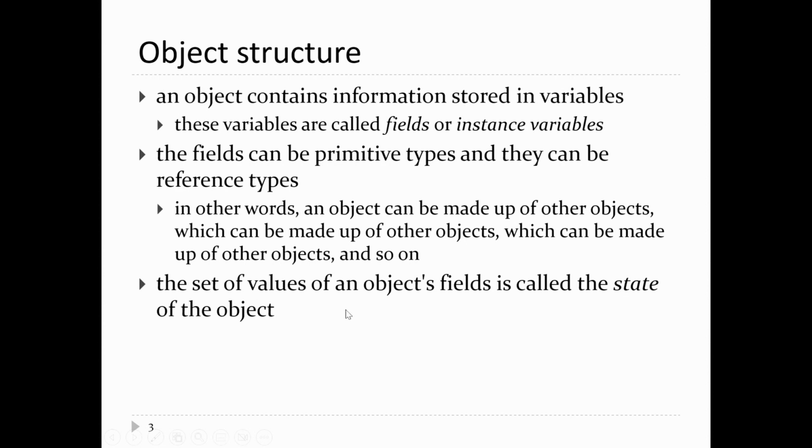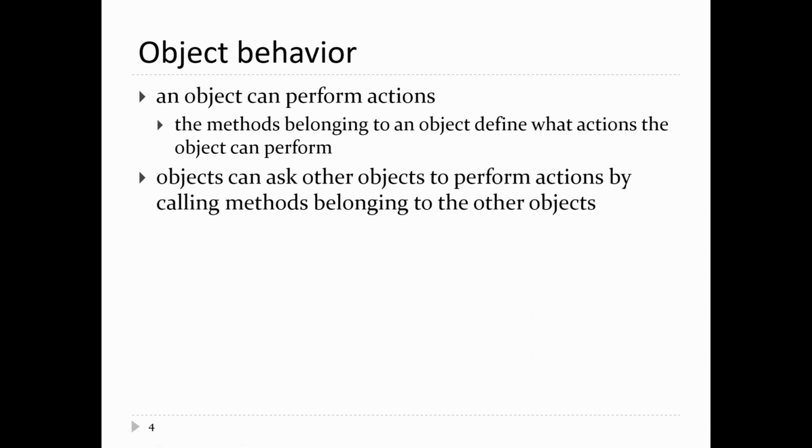What we call the state of an object is just the value of all of its fields. I'll give you an example of that in a little bit. So the set of values of an object's fields we call the state. Objects are able to perform actions. So for example,